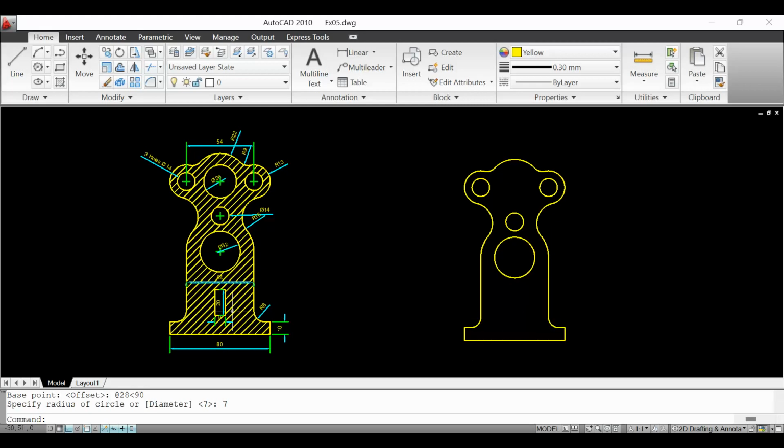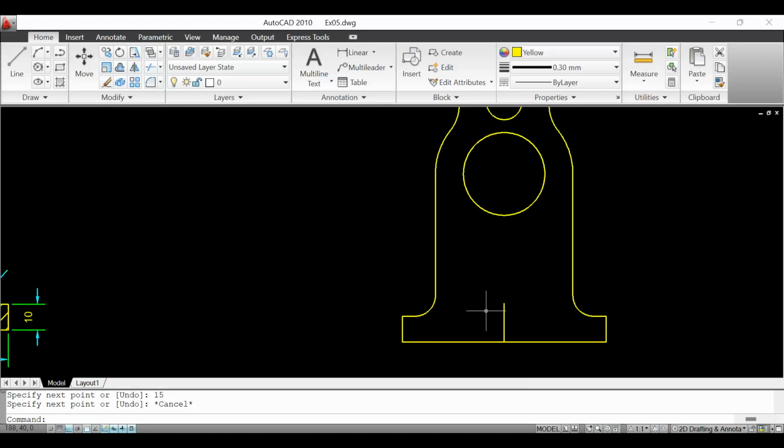So here I want to draw the rectangular slot, which is at the center. For your line, you can use the line command, which is 15 mm above. So from here you can use 15 mm. From this point you can draw the line command. From here 4 mm, 4 mm, height is 20 mm, this side 8 mm,